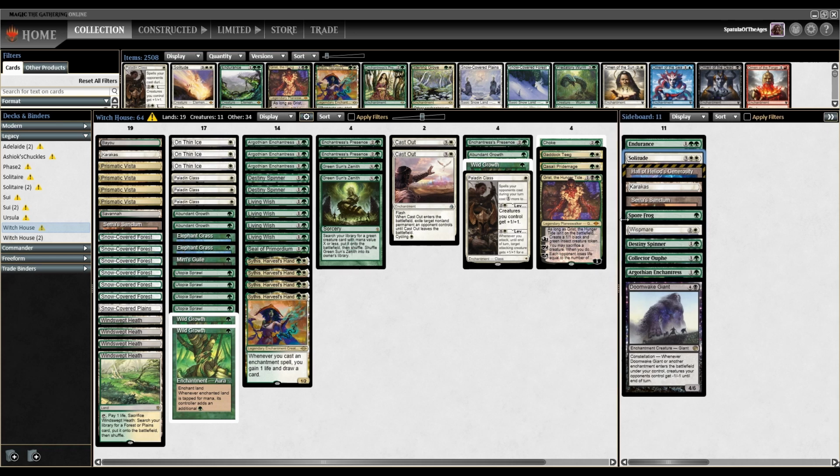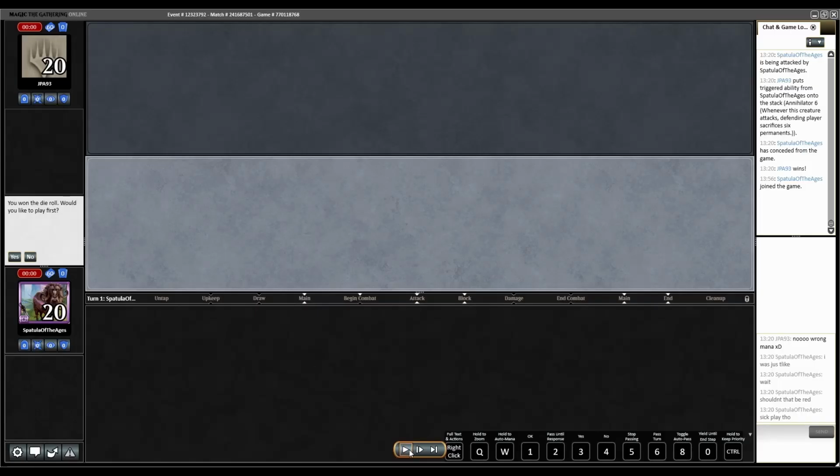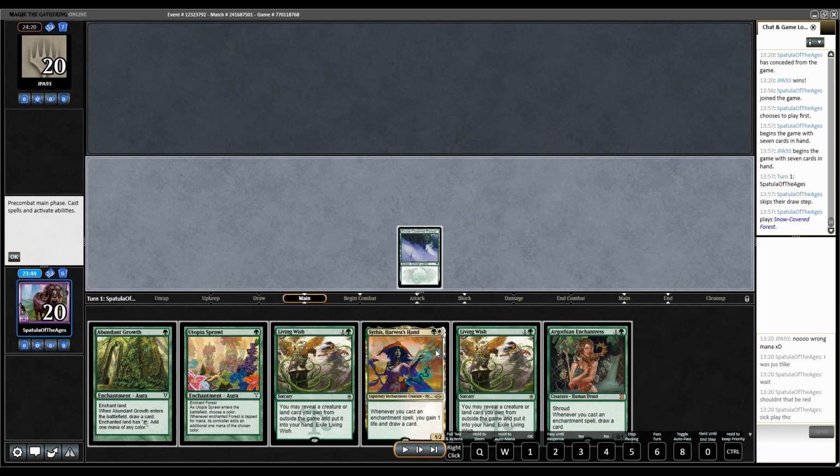I haven't tested as much with the current configuration against Sneak and Show. Sneak and Show in general has been picking up in popularity the past couple of months. It had actually kind of died off before that and been replaced by Omnitell, but now Sneak and Show is coming back in full force. So let's go to game 2. Game 2 is going to be a lot more competitive, but we are going to end up losing. Spoiler alert. So I keep this hand